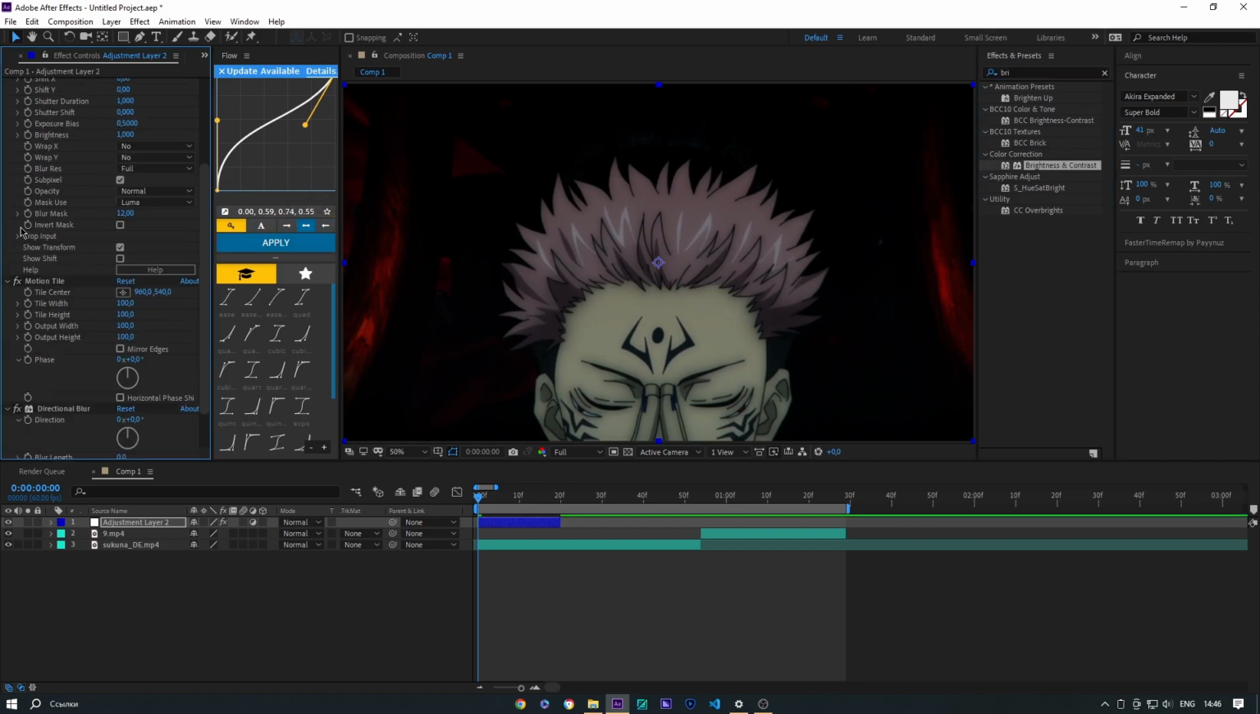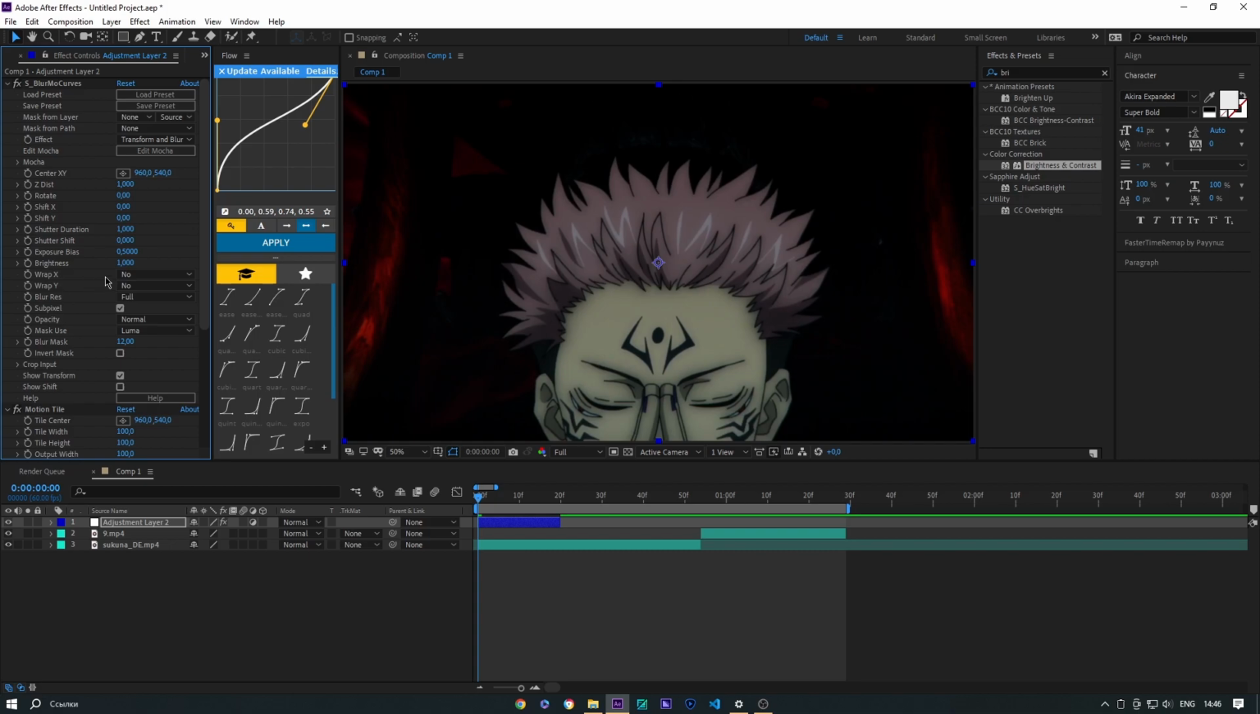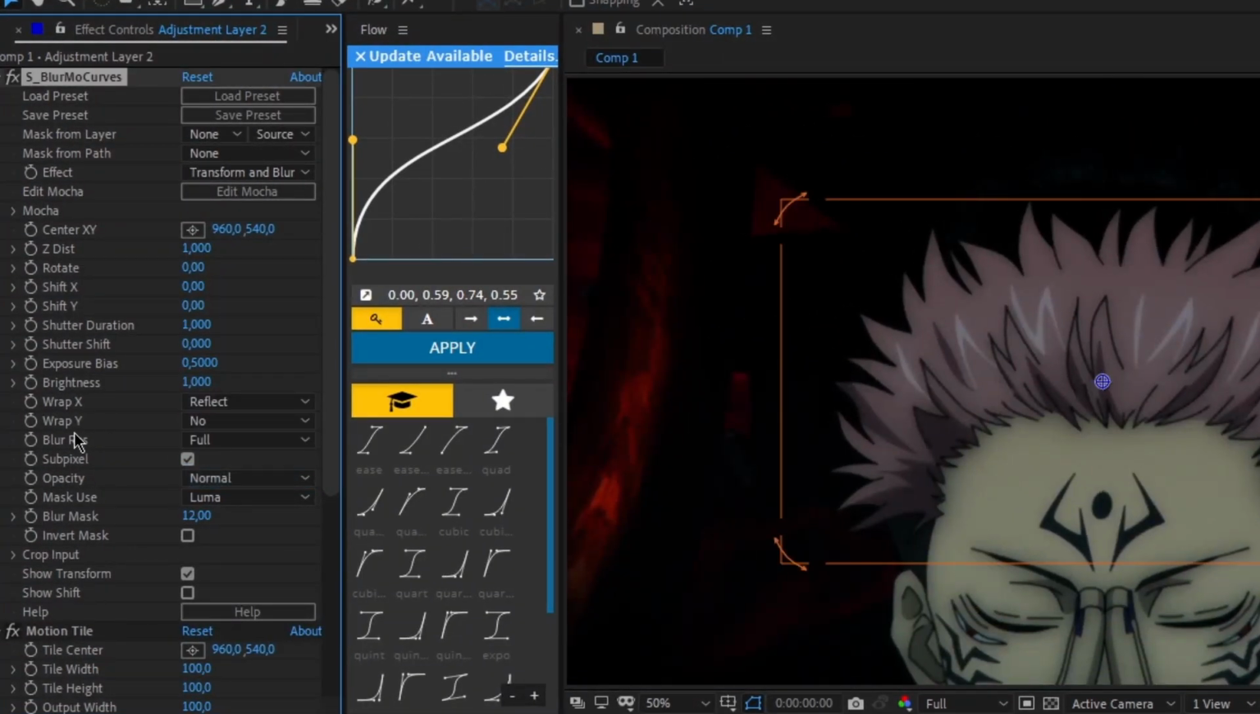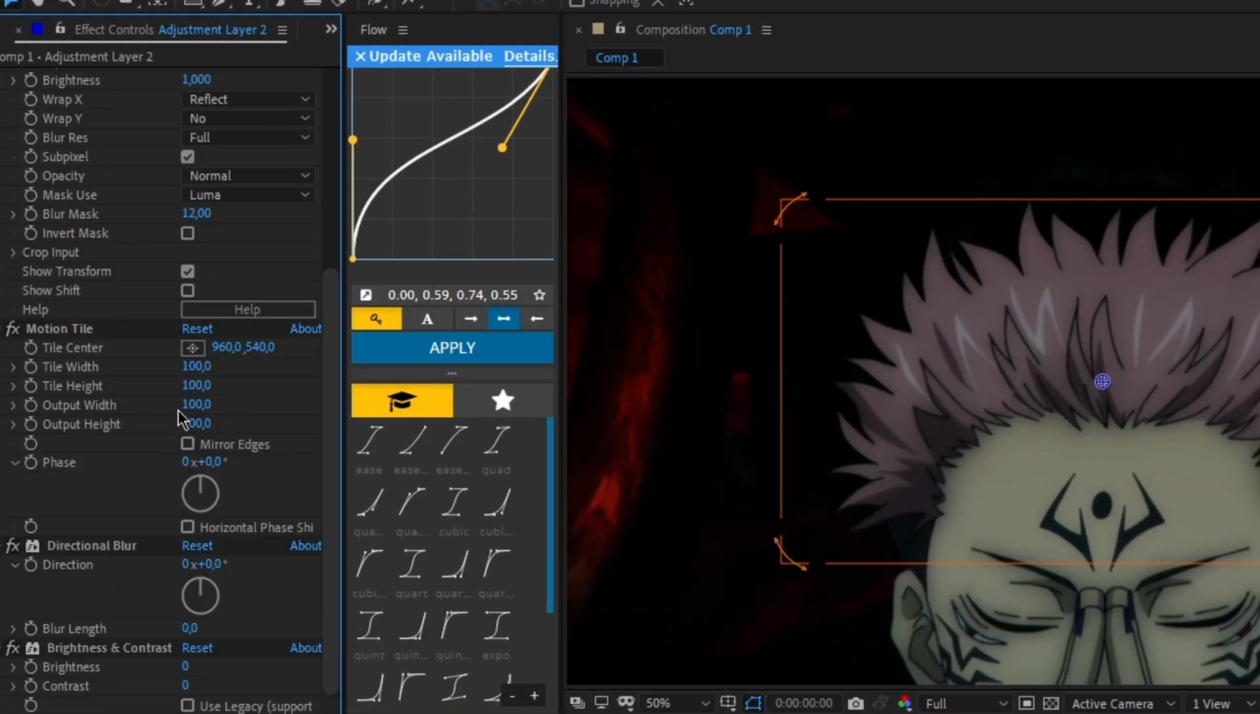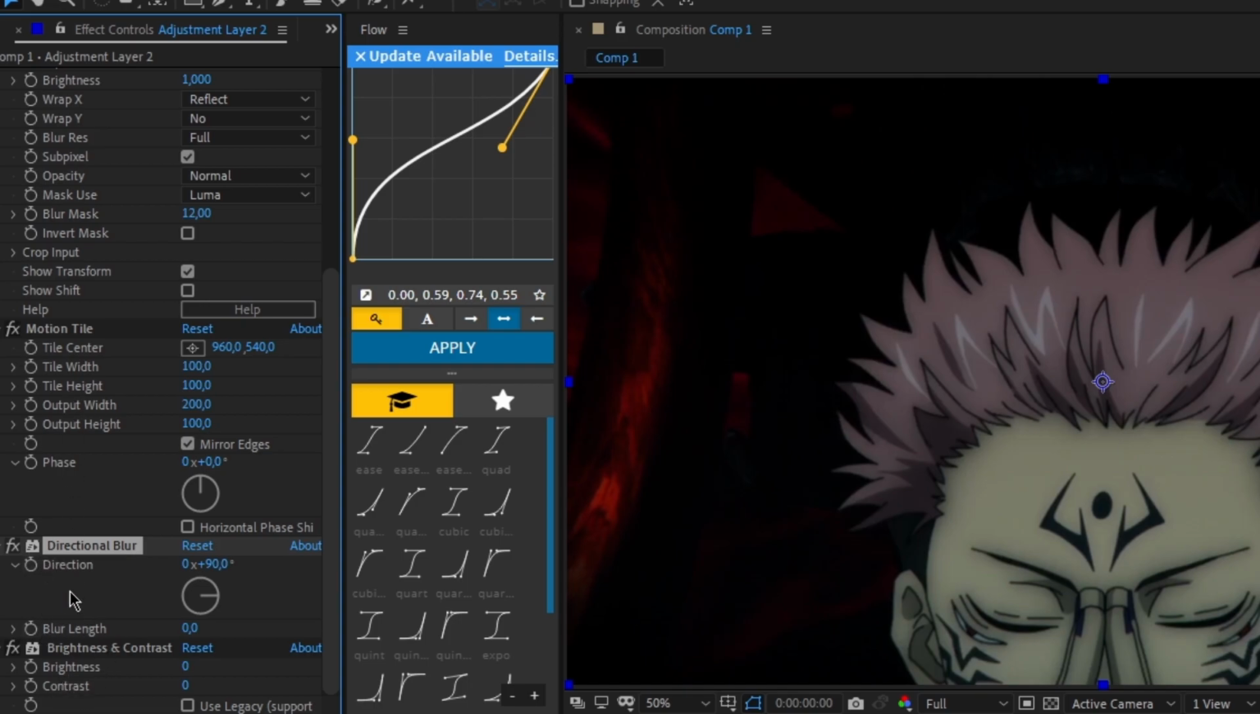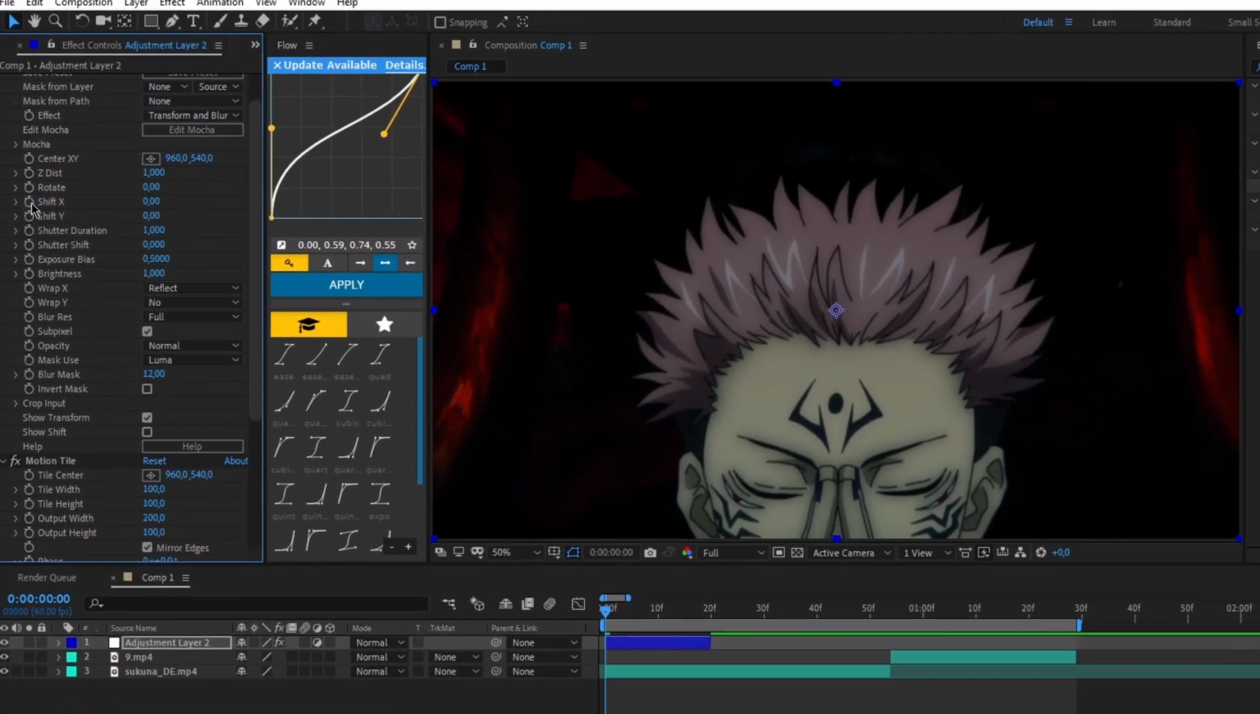Okay, so warp X reflect and mirror edges, output with 200 and the direction 19th. Okay, K for brightness and the blur lens and the shift X. Okay,